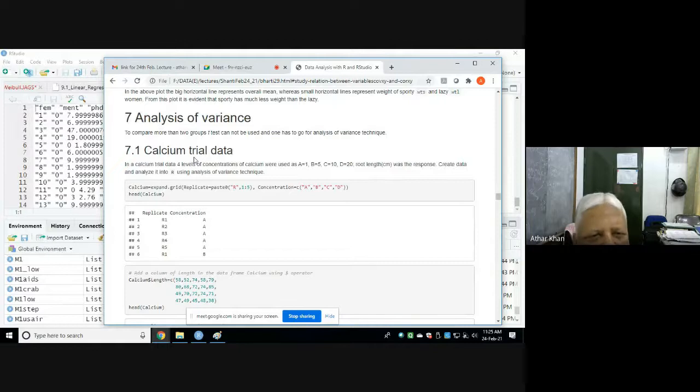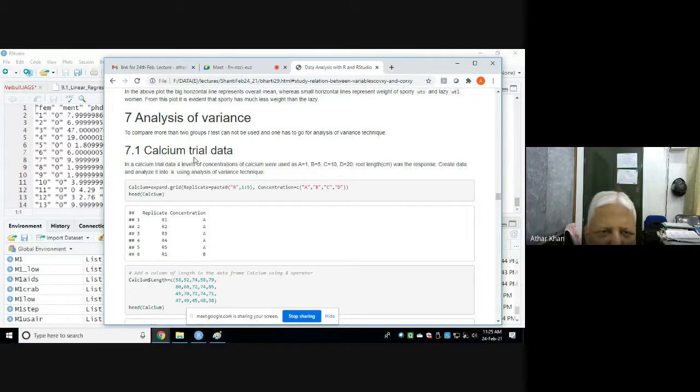All the authors are at Rothamsted Agriculture Station, UK, and they have written the book Statistical Methods in Biology by Welham et al. Statistical Methods in Biology, Design of Experiments and Regression Analysis. This is the title of the book.